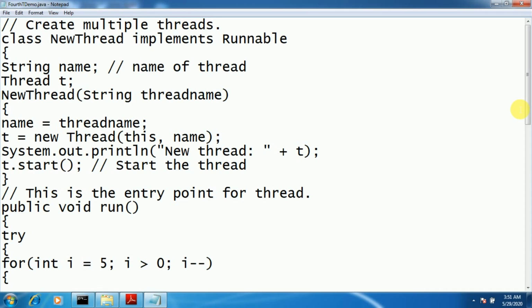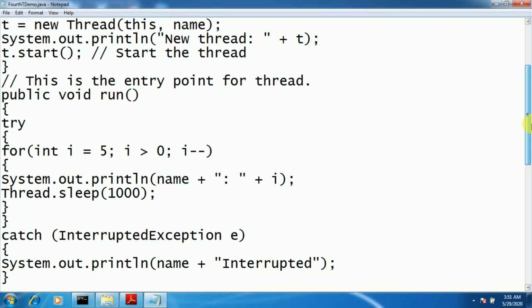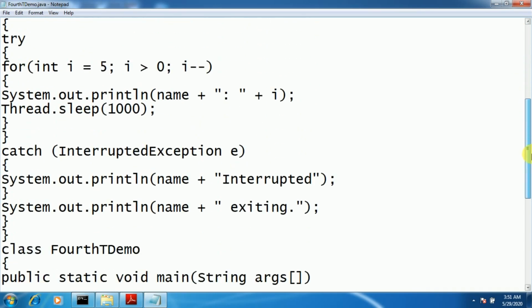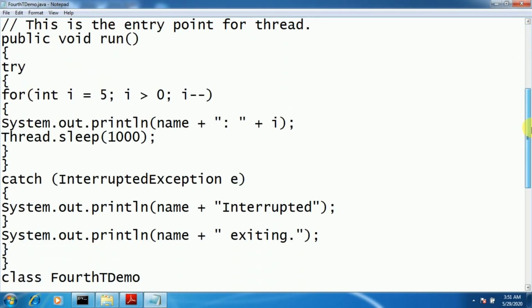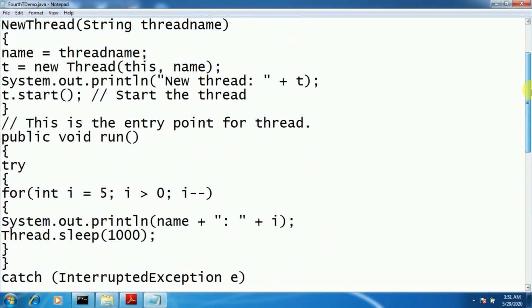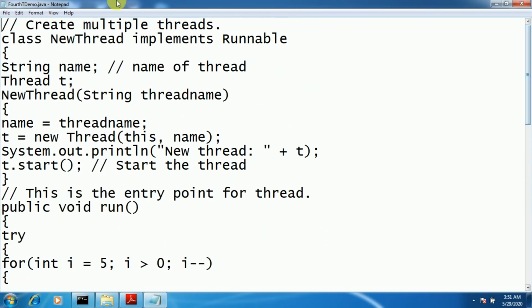Now in this program, instead of creating only one child thread, we are creating 3 child threads, and for all 3 child threads we have assigned the same task, that is displaying the numbers from 5 to 1 in reverse order. For that we have used the first method, that is creating a new child thread by implementing the Runnable interface.